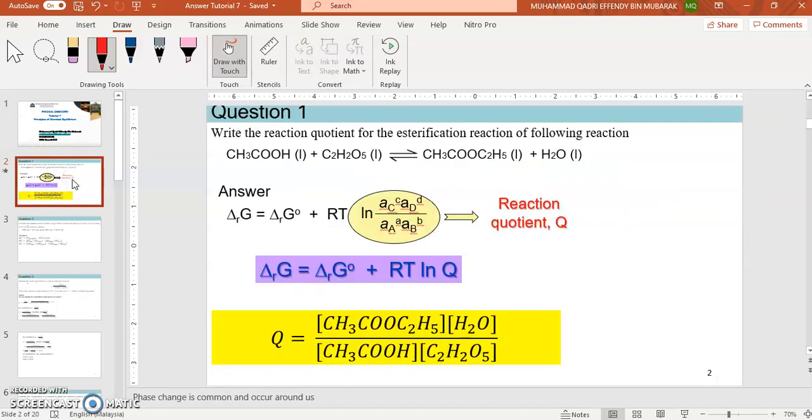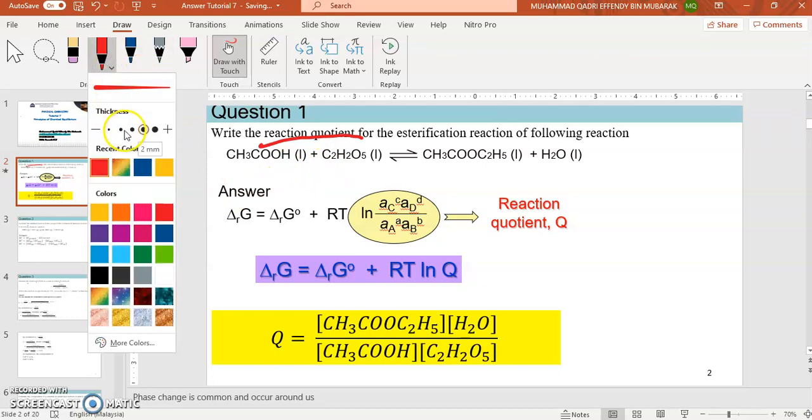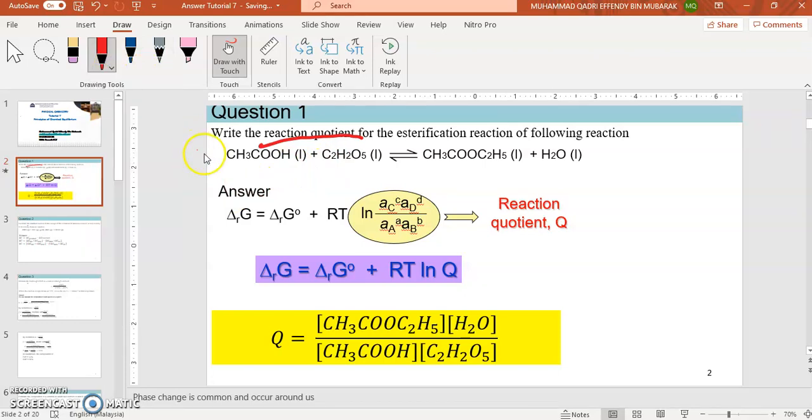So we will move to our first question. In this question, we are asked to write the reaction quotient for the esterification reaction of the following reaction. So the keyword here is reaction quotient. So for the reaction,